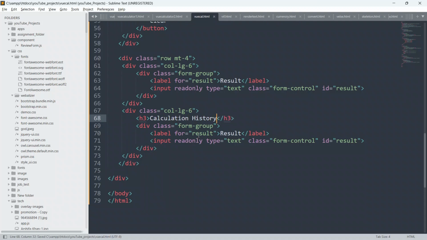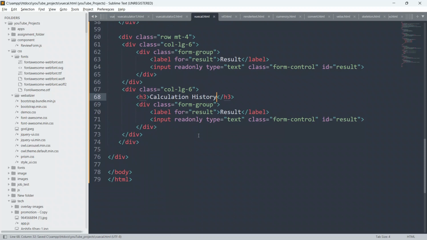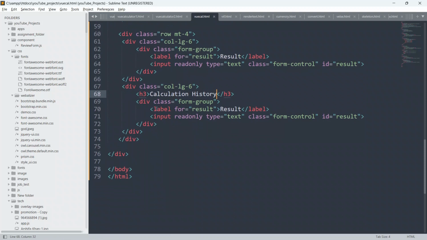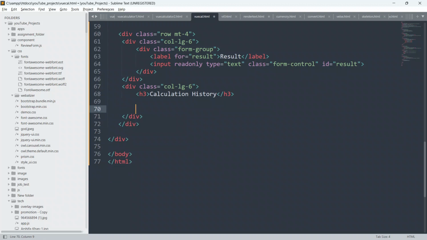That's fine. So now below this div I'm gonna create the ul element. Just remove this, we don't require this. We will be creating here the ul element, so just close this ul.